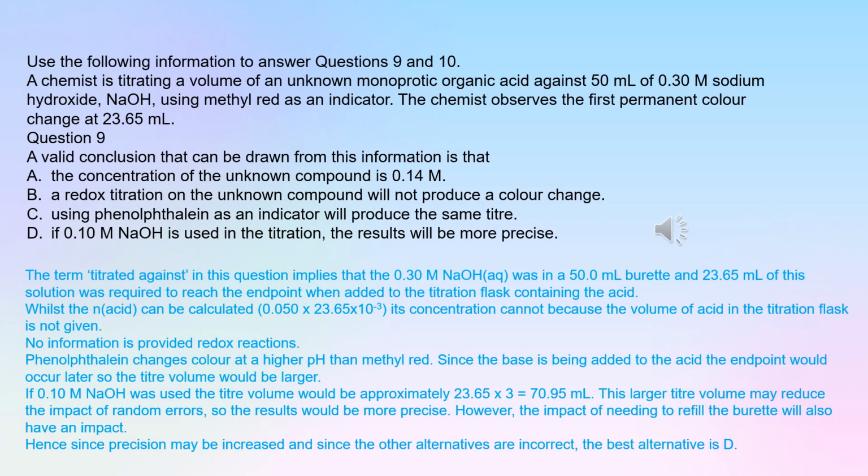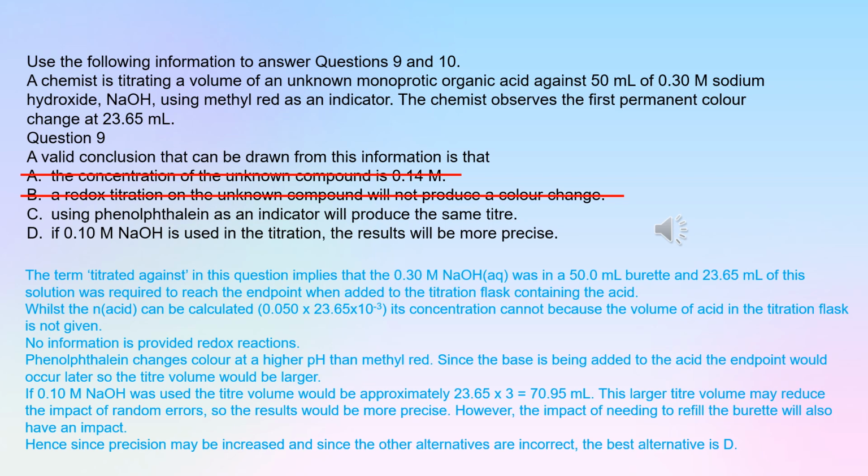The volume of this acid is not given, so we cannot calculate its concentration and A is eliminated. No information about redox reactions is provided, so B is eliminated. Phenolphthalein changes color at a higher pH than methyl red. Since the base is added to the acid, the endpoint would occur later, so the titer volume would be larger,